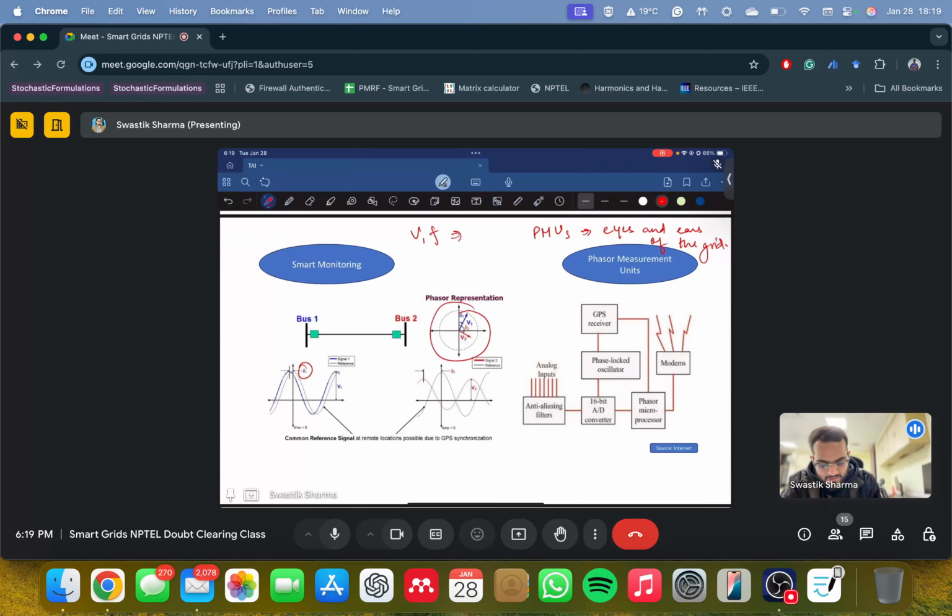Similarly, let's say bus 1 and bus 2 are connected, and these are the signals that they are getting. So this is how the phasor representation will look, where the rotation will tell you about the frequency, and the extension of this arm will tell you about the magnitude of that signal, right? So this is how phasors are being incorporated, because they can tell you a lot about the signal by just giving you an interpretation of what the lag is and what its magnitude is with respect to a reference signal.